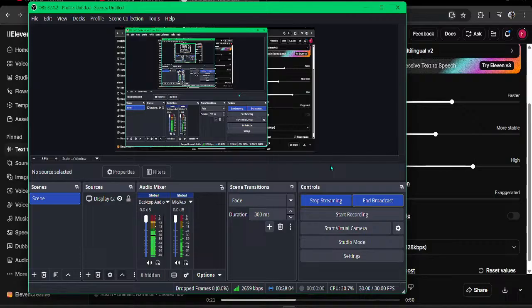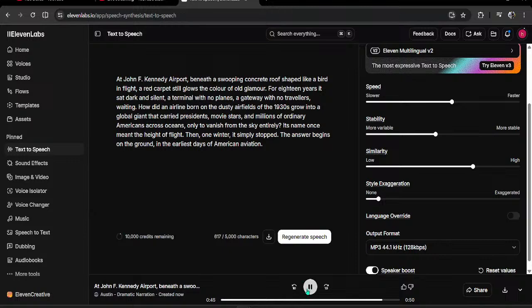How did an airline born on the dusty airfields of the 1930s grow into a global giant that carried presidents, movie stars, and millions of ordinary Americans across oceans, only to vanish from the sky entirely? Its name once meant the height of flight. Then, one winter, it simply stopped. The answer begins on